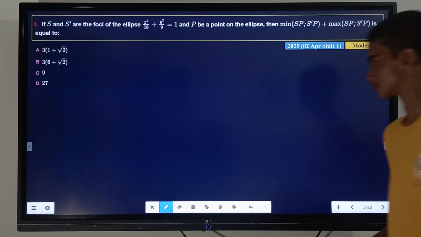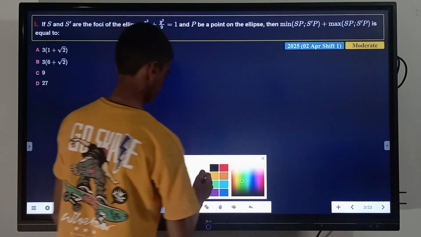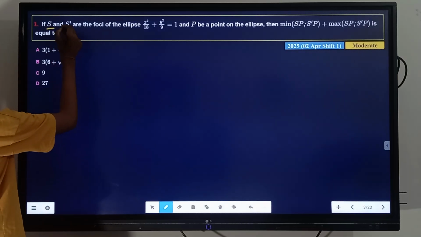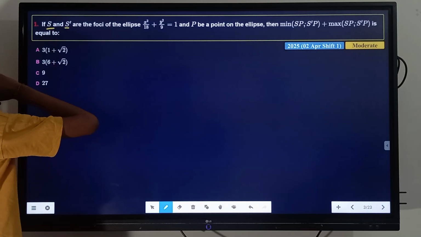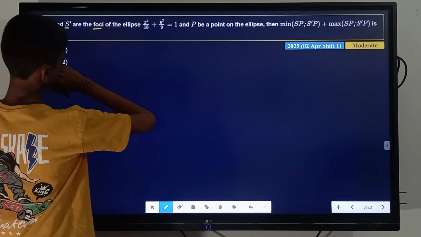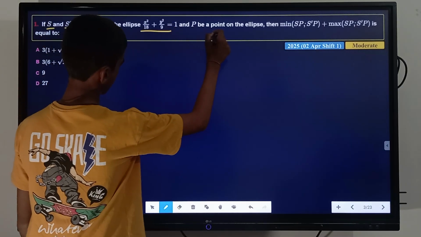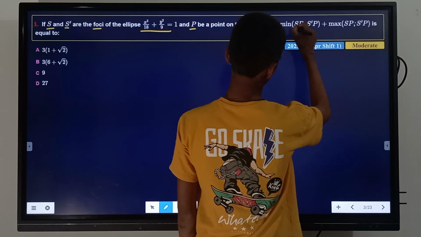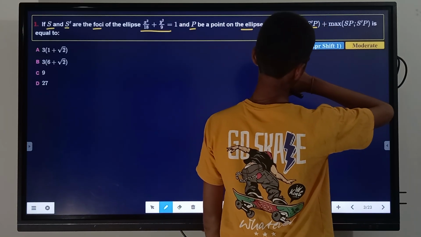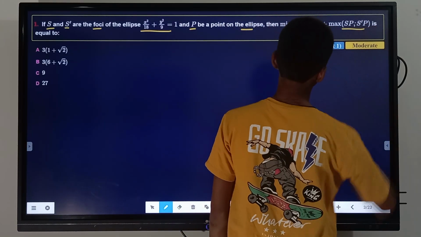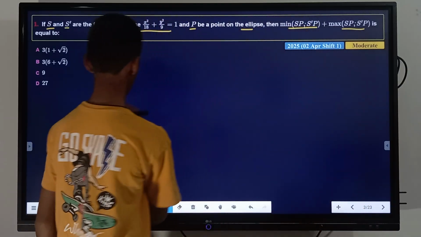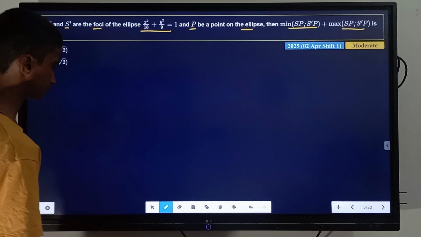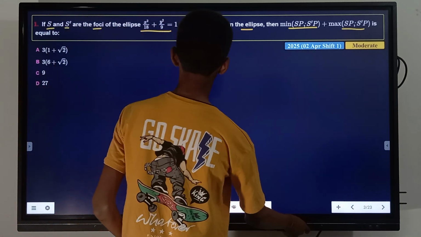Here is our first question. Our question says if S and S dash are the foci of the ellipse and P be a point on the ellipse, then min of SP into S dash P plus max of SP into S dash P is equal to. So here in this question,